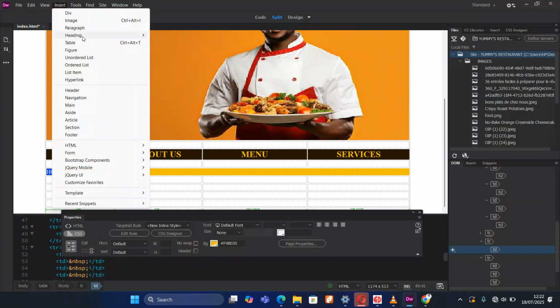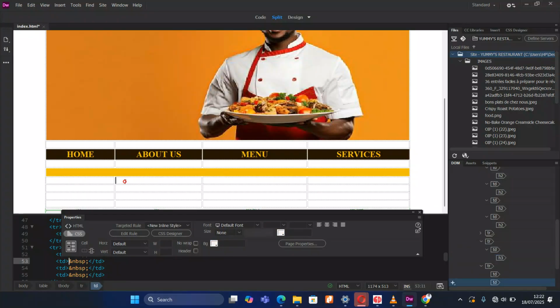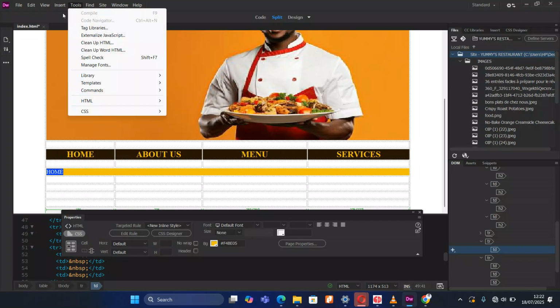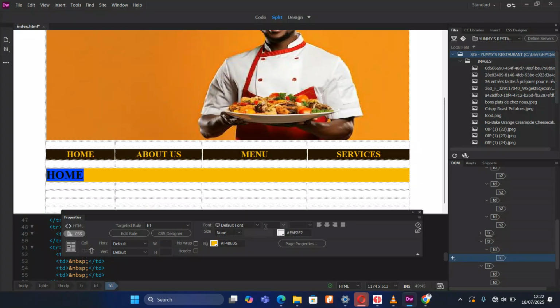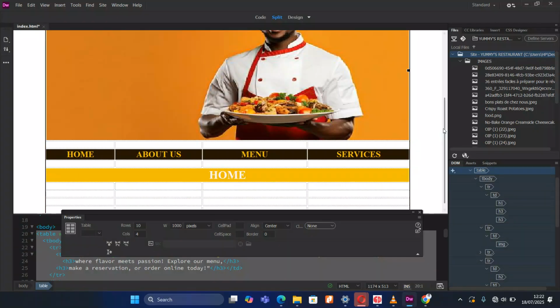Insert, let's give it a heading, maybe H3, not visible, maybe H1. Insert, center it, center. Okay, let's see how this looks like